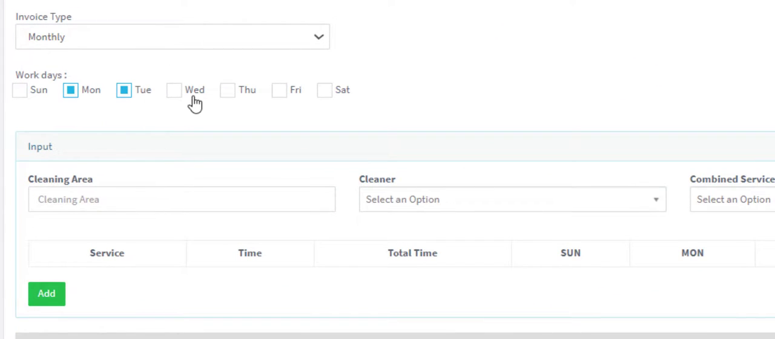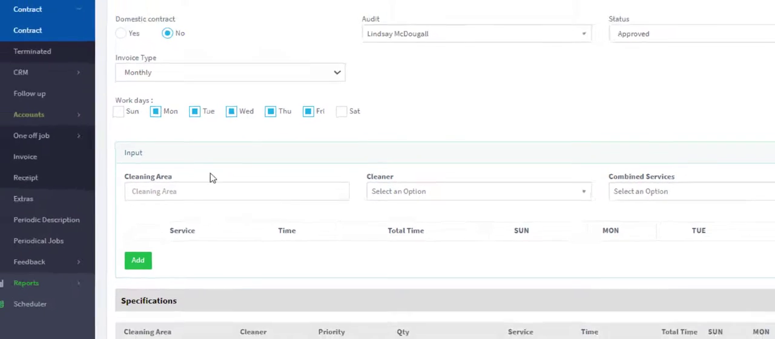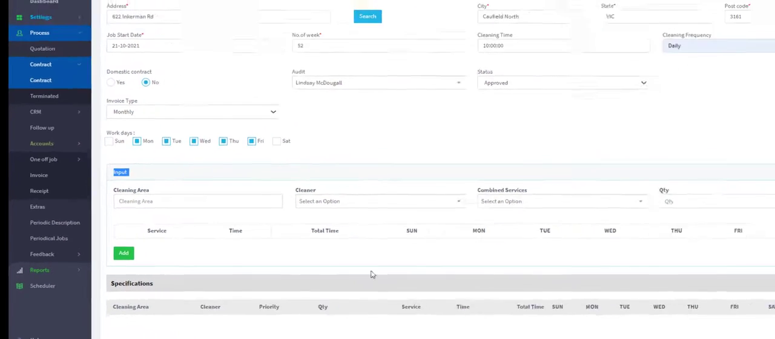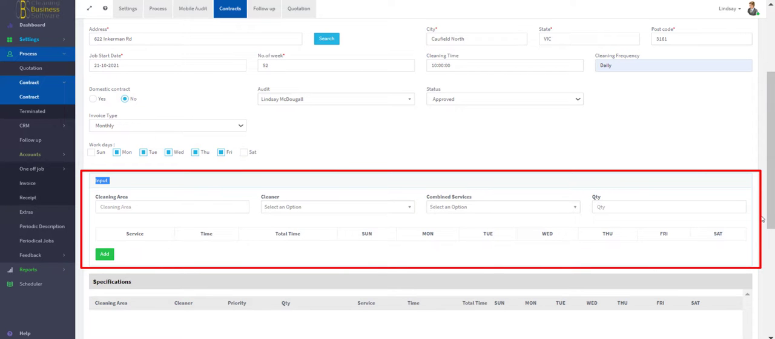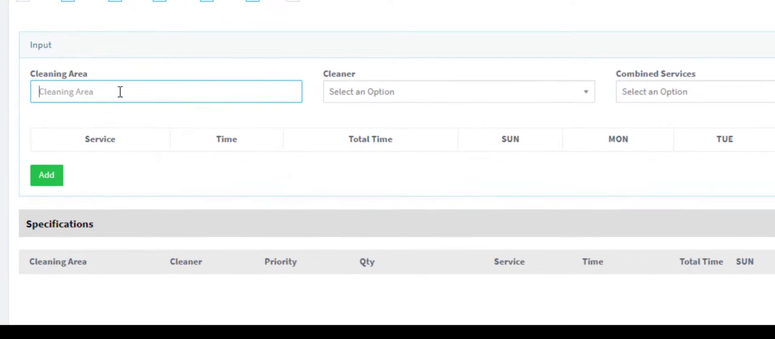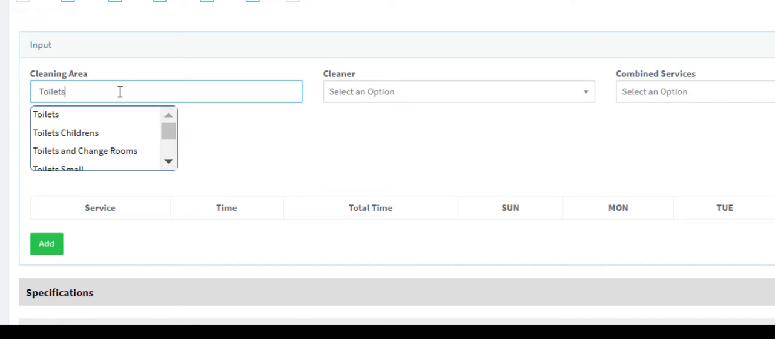This is a fast input buttons to input the cleaning specifications, and this input area is where you'll apply those specifications. As an example, the cleaning areas where you can put in an amount of text, and we do recommend that you keep this limited. Cleaners don't tend to read text. They tend to go on a graphical representation of what needs to be done or what they think they should be doing. So in this instance, we could enter toilets,